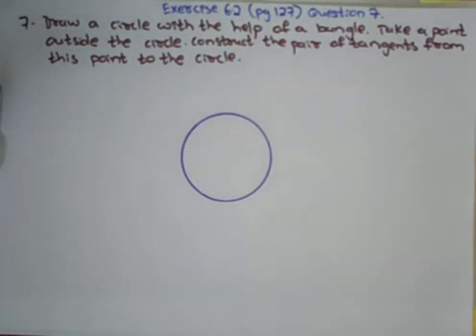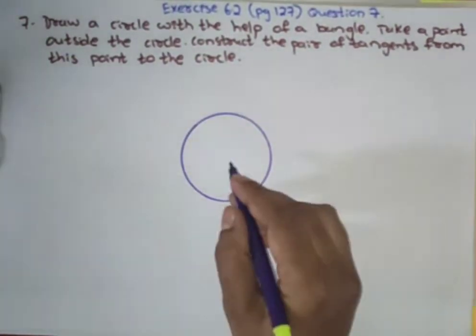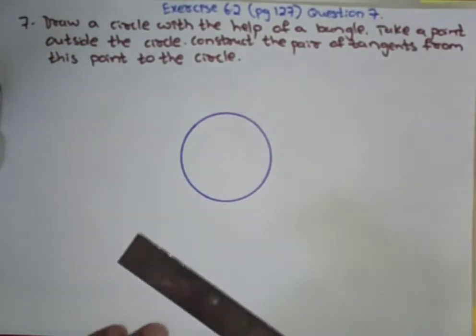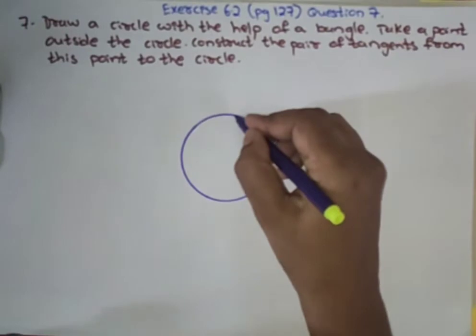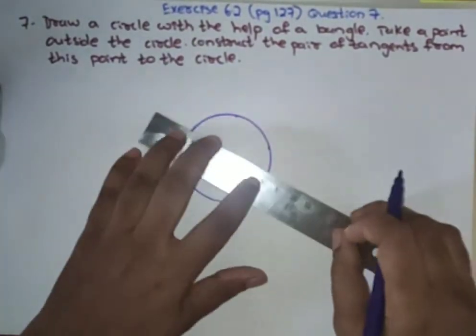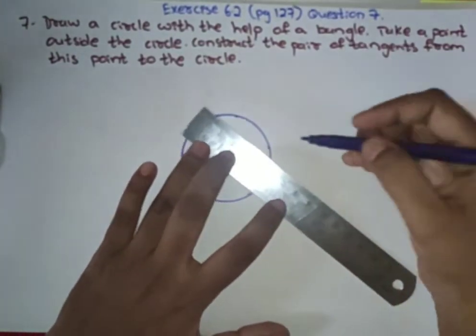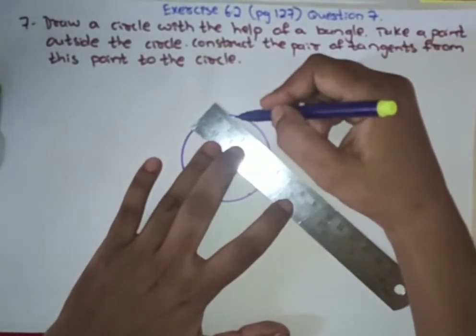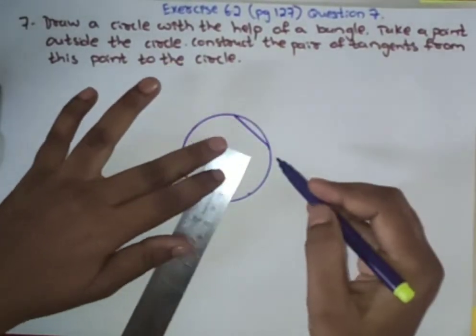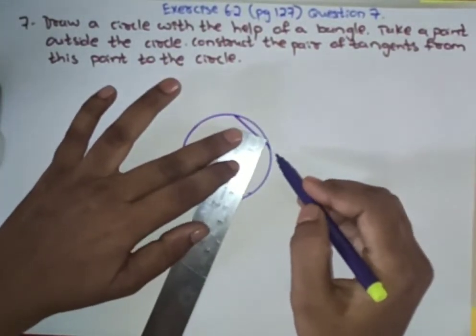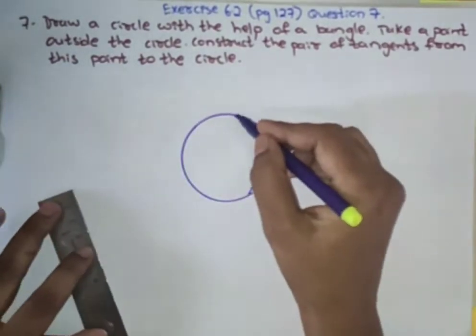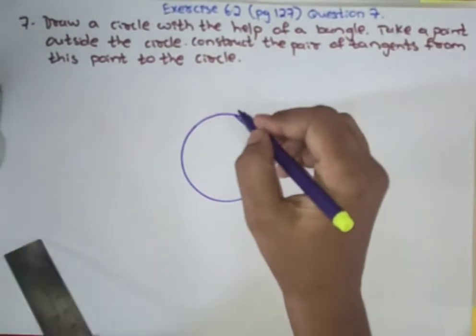By using a bangle, if we draw, we do not know the radius. To find the radius, what should we do? We should take 3 points. It should be chords of the circle, or you may take any 2 chords, but don't take parallel chords. If you take parallel chords, the center of the circle won't come, the lines will overlap. Therefore, it is better to take 3 points like these.